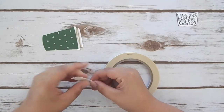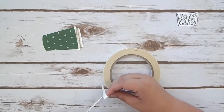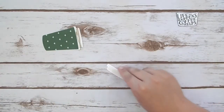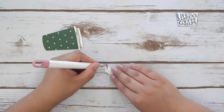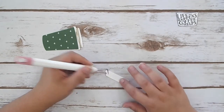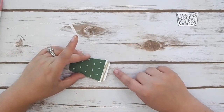Okay, and then some more adhesive up towards the top. Okie dokie. And I promise this may seem a lot more complicated than it is. It's really not that hard. And again, you don't have to do this. You don't have to put the second one on the back. I just like it to make sure that